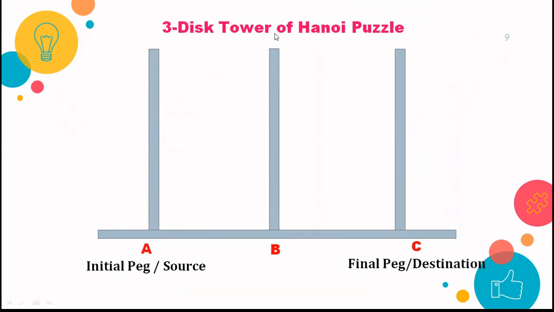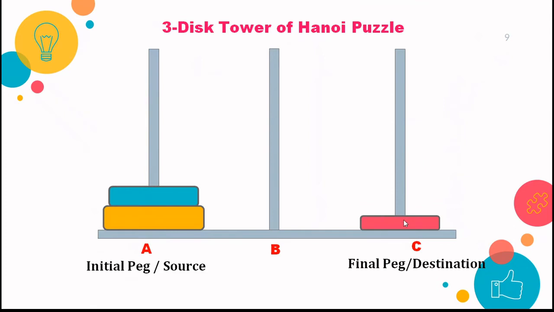Then coming to the 3 disc Tower of Hanoi, in this case we will be having 3 discs, the yellow disc which is larger than the blue disc, and the blue disc is larger than the pink disc. So they are arranged in ascending order from top. Now again, the same thing we have to do. This is our initial peg or source, and all these 3 discs have to be placed on the final peg or destination. And for that we can use all these 3 pegs to have different permutations and combinations. Now let's understand how it is going to happen and how many steps will be required. Because with one disc and two discs it was very easy, but now let's understand this.